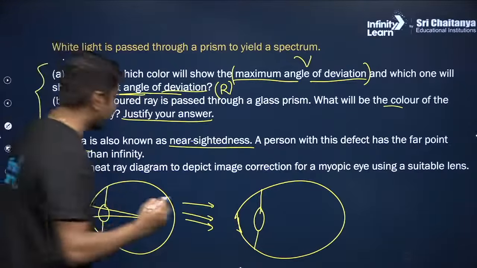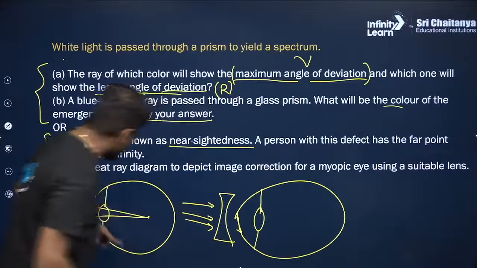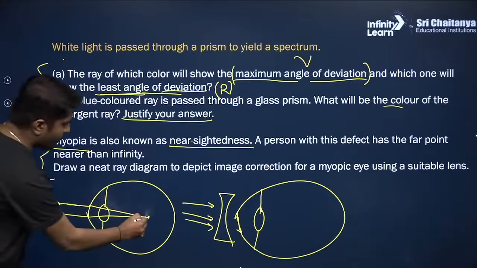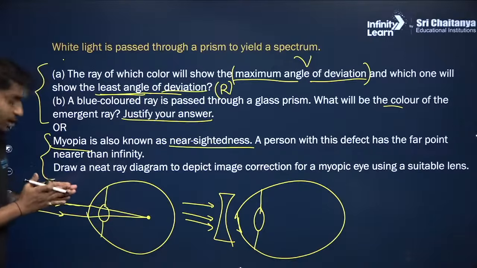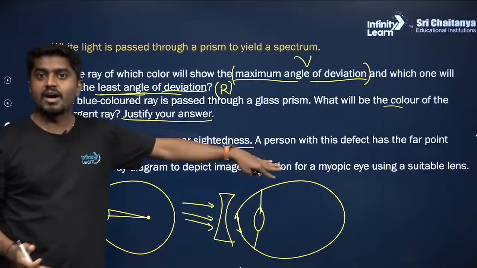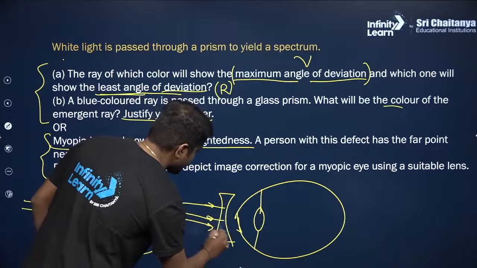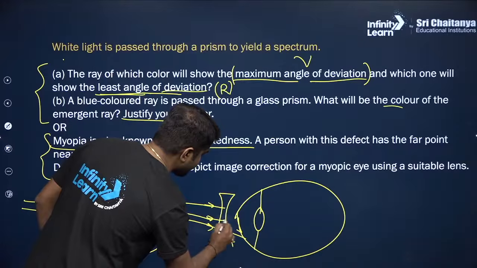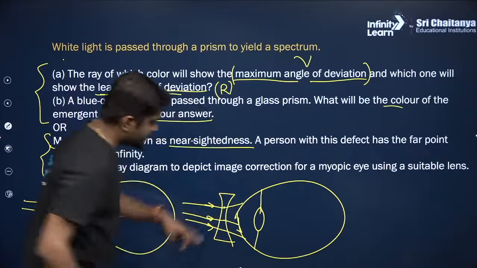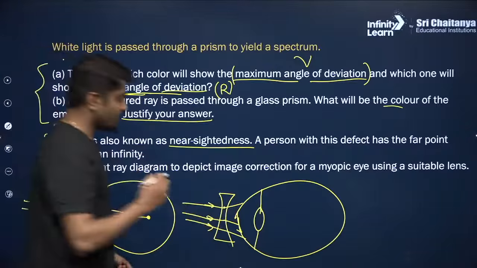Yes, we'll use a concave lens. So this is the concave lens. Why? Because you see the image is formed before the retina. So we need to diverge the rays a little bit so that the image will now form on the retina. So these rays will diverge a little bit, something like this. Can you see a little bit of divergence? But this divergence is enough so that